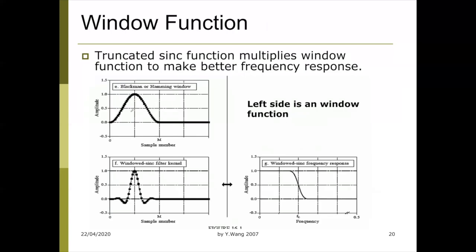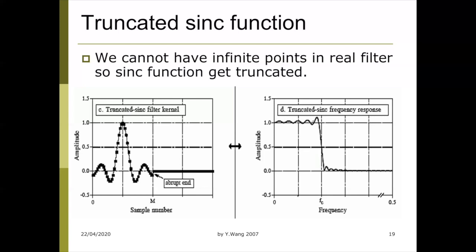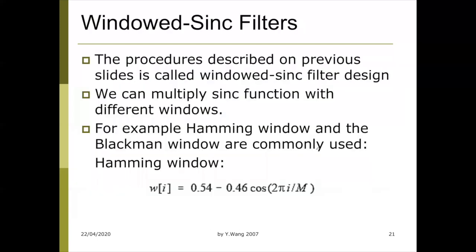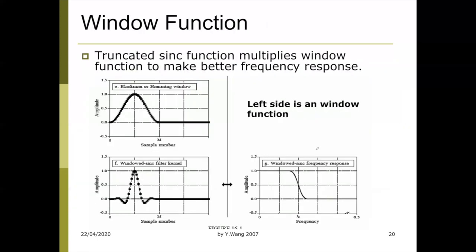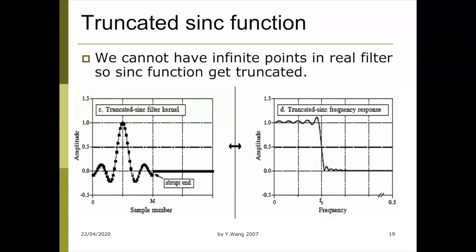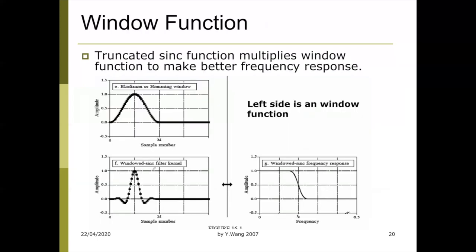Sometimes you say, I do want a smoother pass band, but I don't care about having a longer or larger transition band. So another technique has been invented. Scientists found two sources of this error. One is because we have limited kernels, we call them filter kernels, because we cannot have an infinite one. Second is because we have a sudden change on both ends because we truncate it. The sample suddenly changes from 0 to some value, and from some value suddenly to nothing. So then, to try to create a smooth kernel,